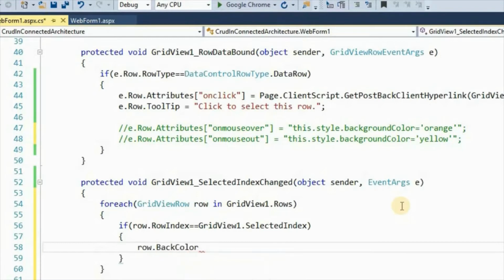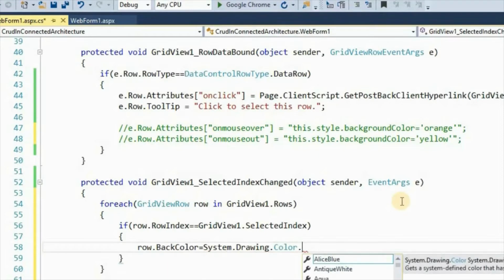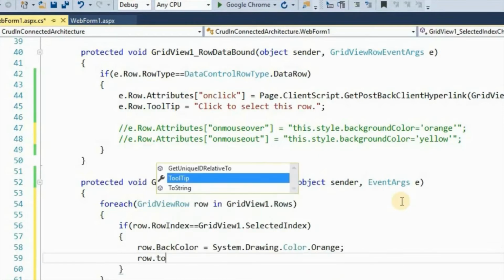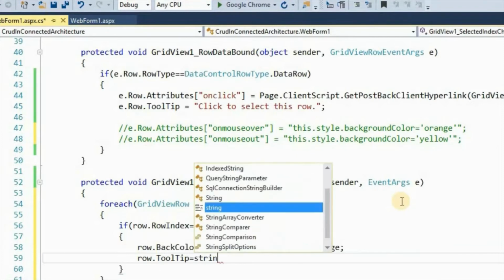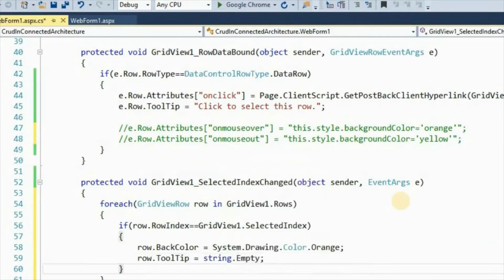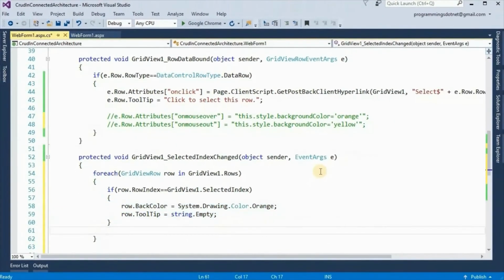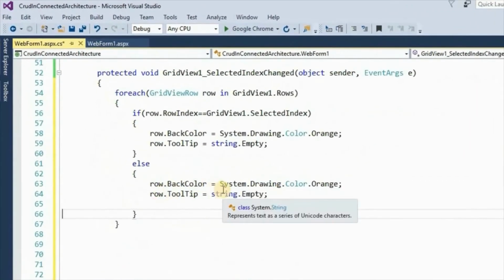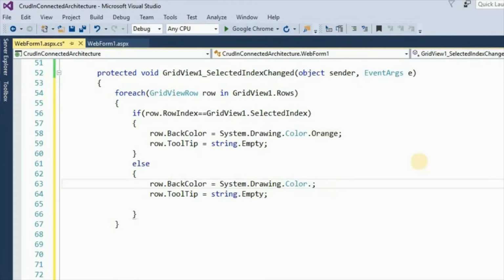row dot back color is equal to system dot drawing dot color dot orange, row dot tooltip is equal to string dot empty, and in the else block copy the same code, row dot back color is equal to system dot drawing dot color dot yellow, and tooltip